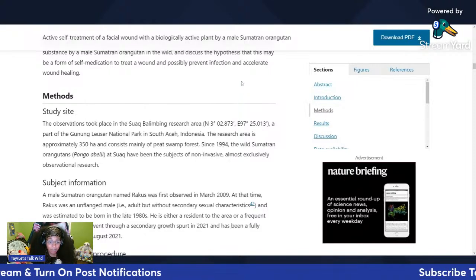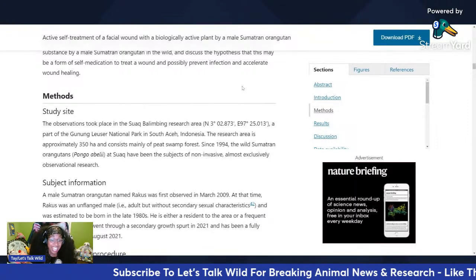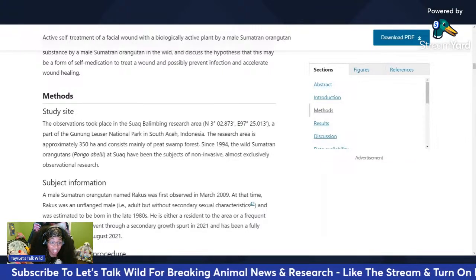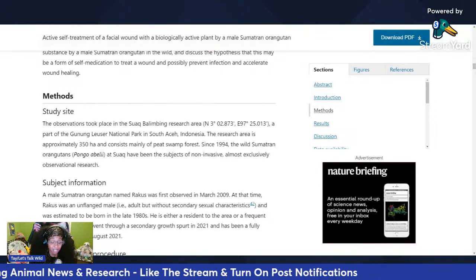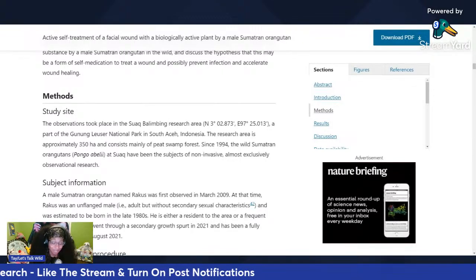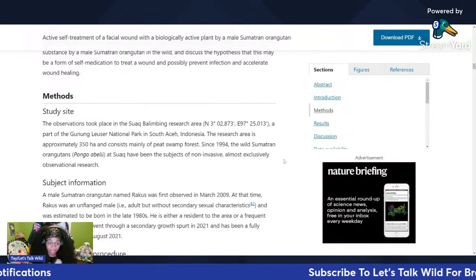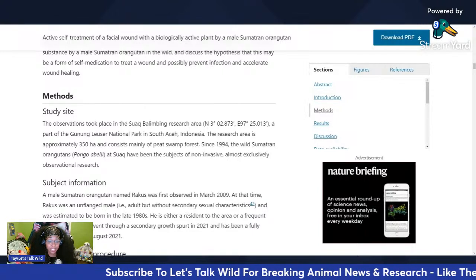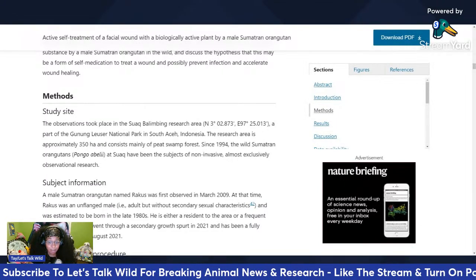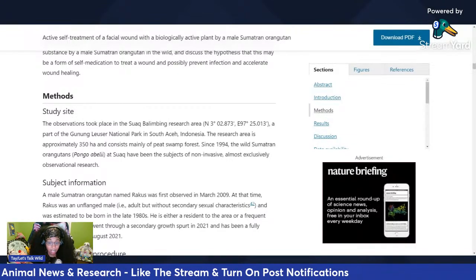Study site. The observations took place in the Suaq Balimbing research area in Gunung Leuser National Park in South Aceh, Indonesia. That's all I got for you. Since 1994, the wild Sumatran orangutans there have been the subjects of non-invasive, mostly, not mostly,